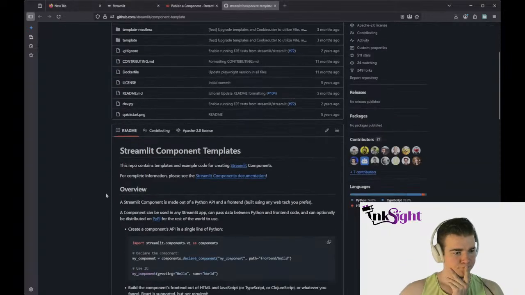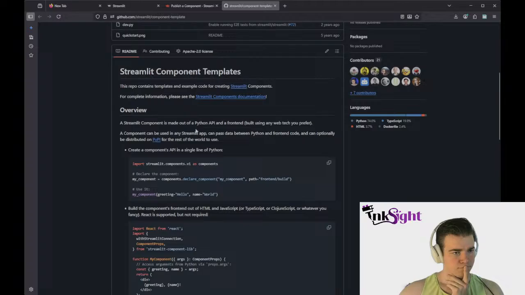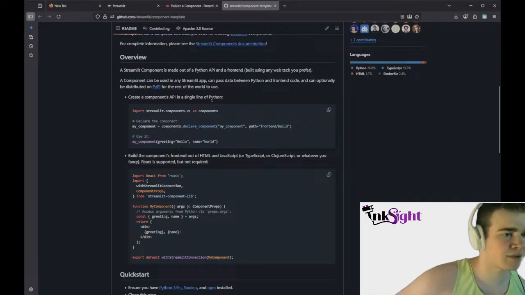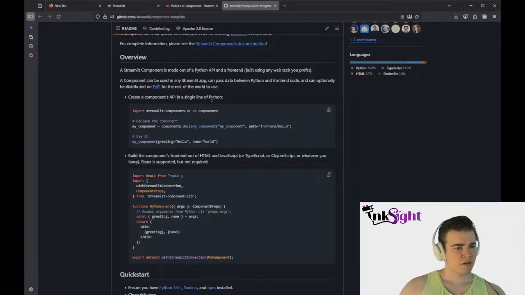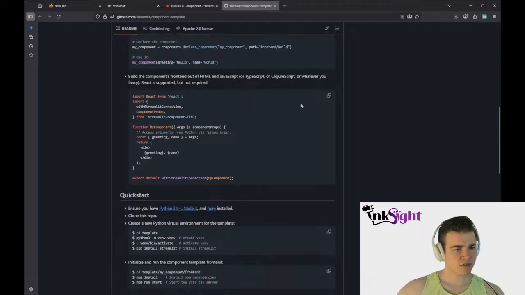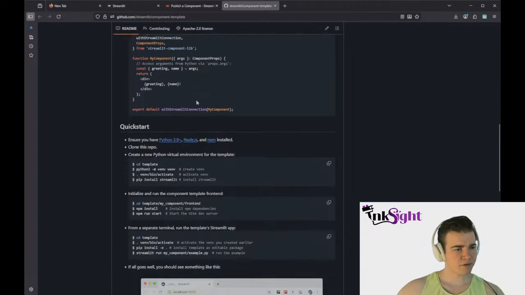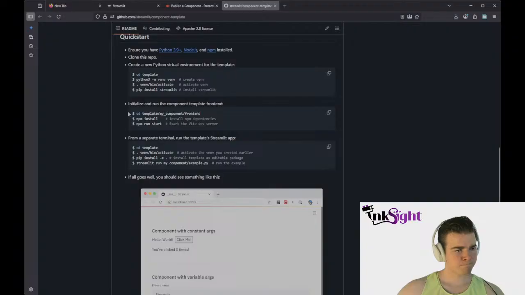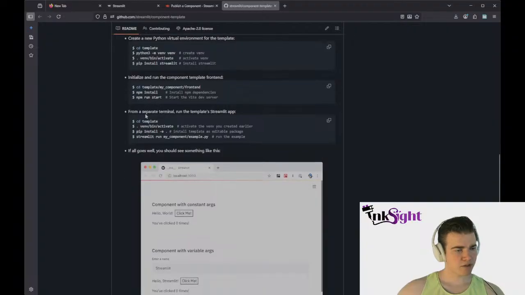Let's see. What does this have? Create a component API in a single line of Python. Build the component's frontend out of HTML and JavaScript or TypeScript, whatever you fancy. React supported but not required. Okay, quick start. Sure, you have all of these installed. I do. Clone this repo, create a new virtual environment, go into template, go into frontend, run build. We did this. I guess you could start it, but